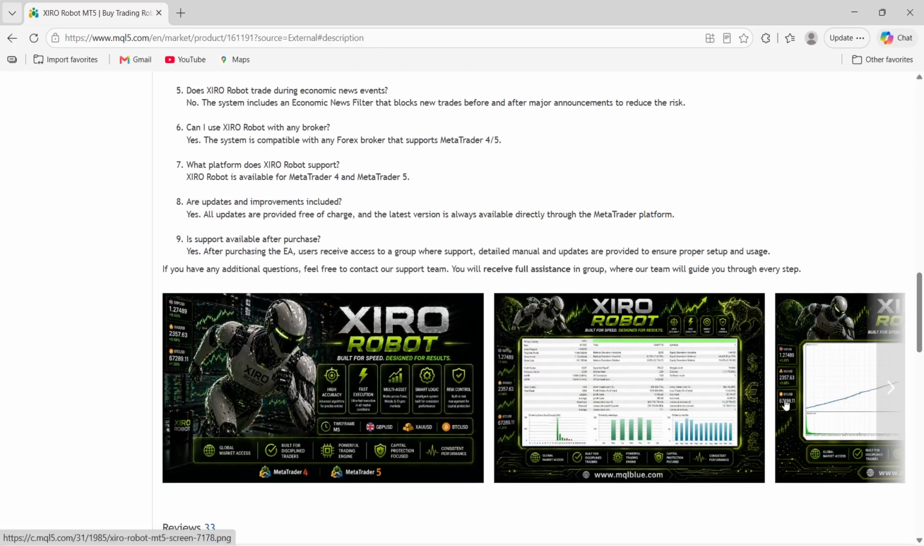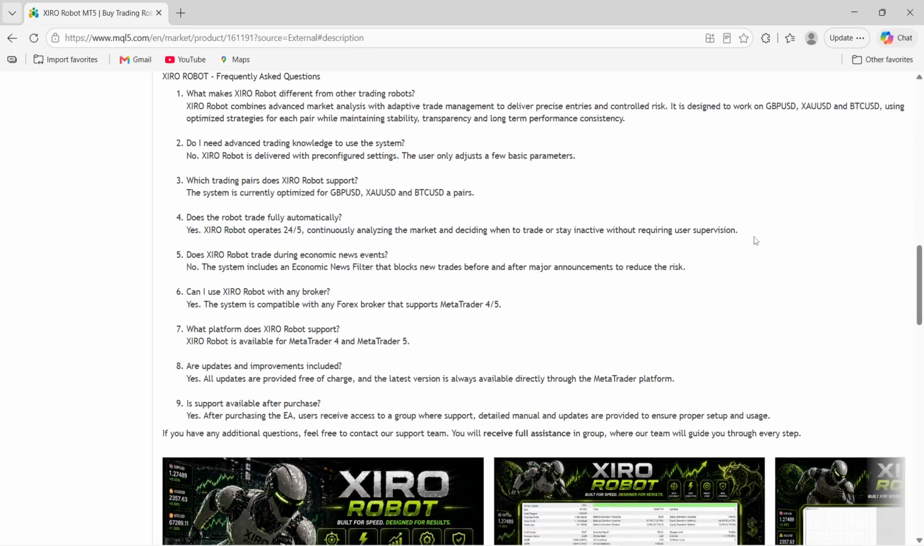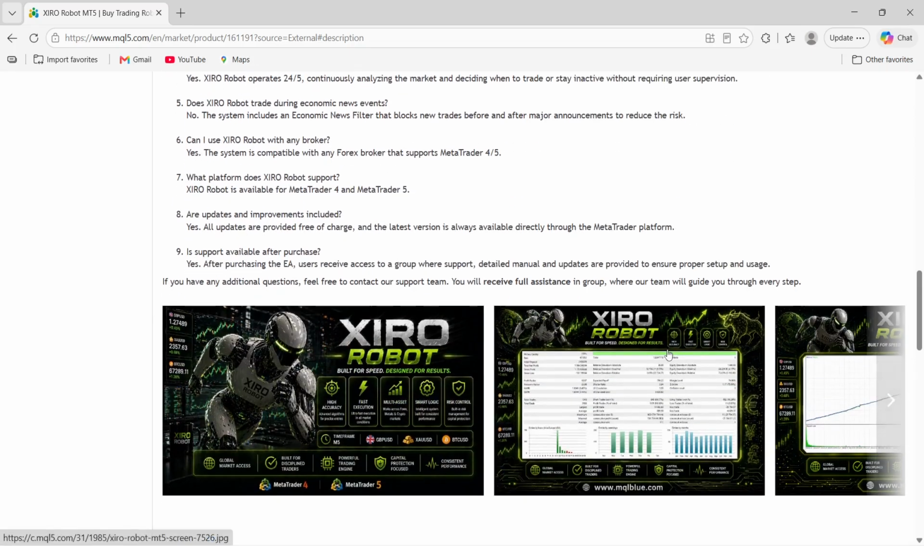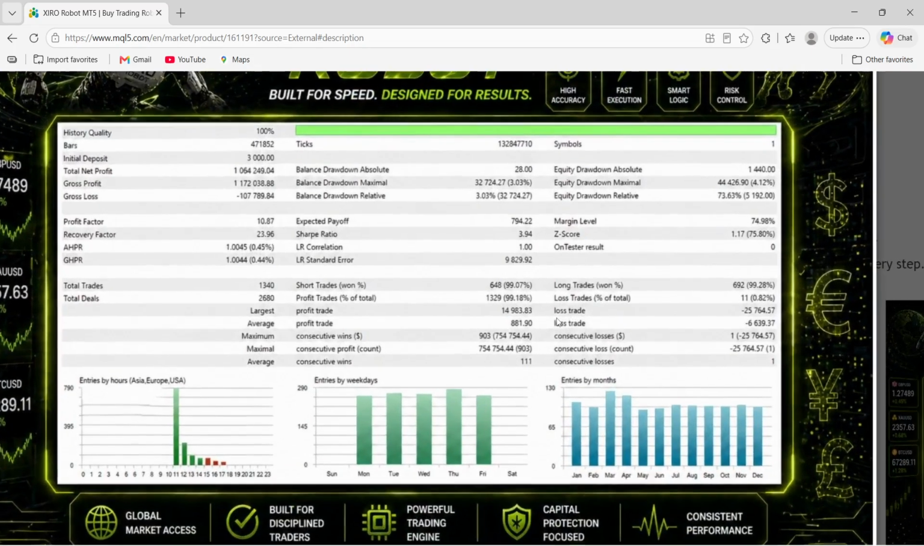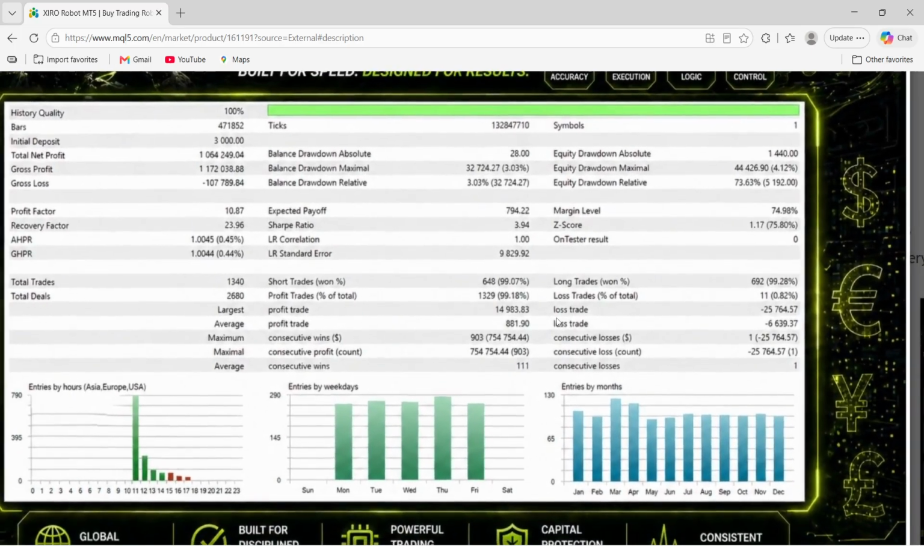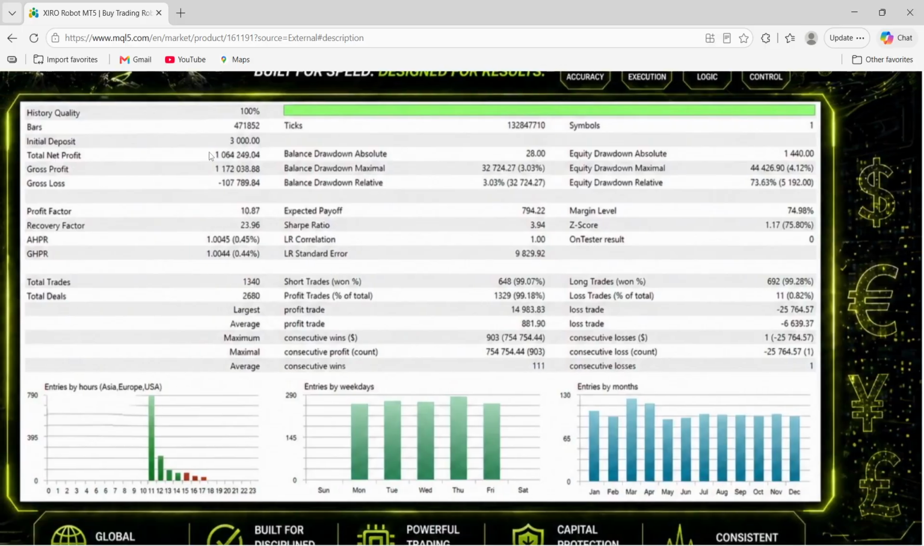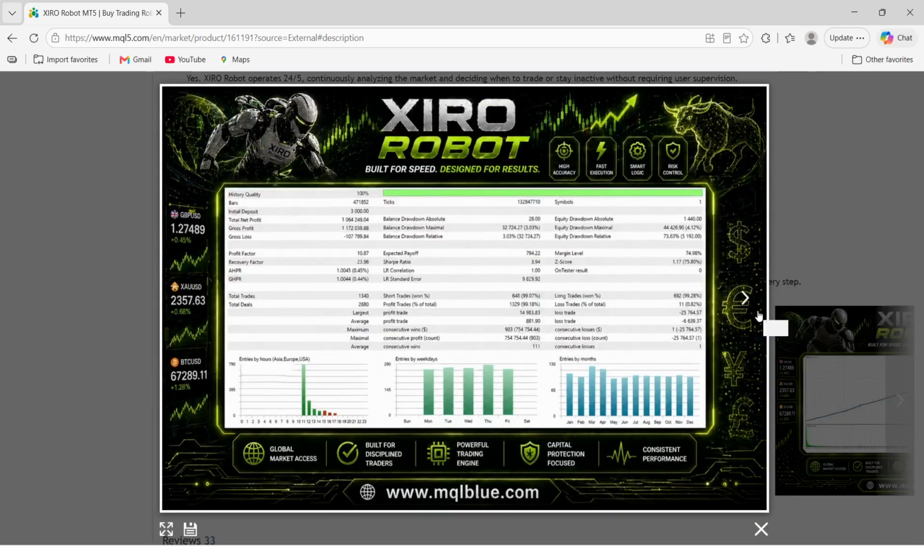Alright, so we can also see some of the screenshots on the website presented by the developer. You can see on this one for the initial deposit of $3,000 there was a profit of over $1 million. The profit factor was quite high, 10.87, and the balance drawdown was just 3.03%. So these actually look to be stellar results presented by the developer,